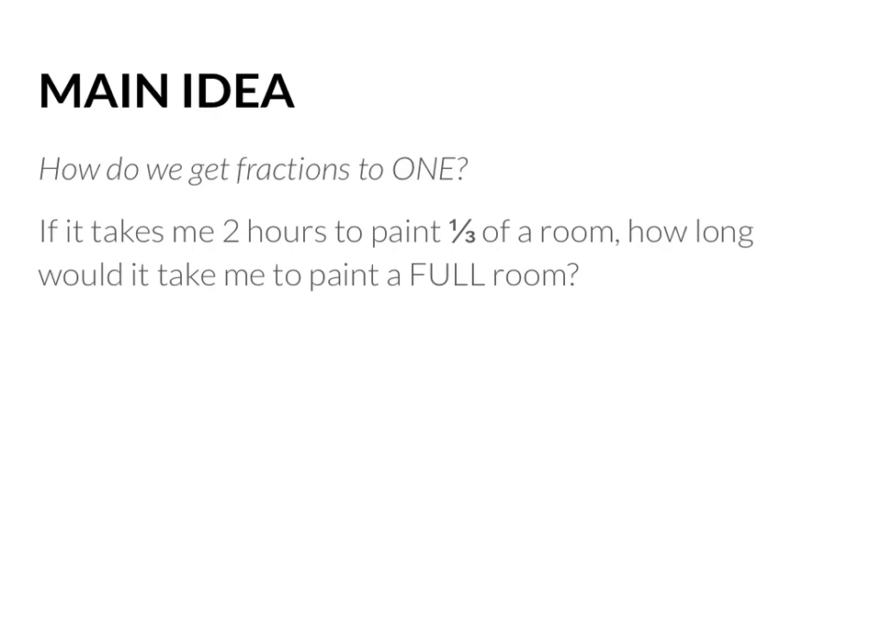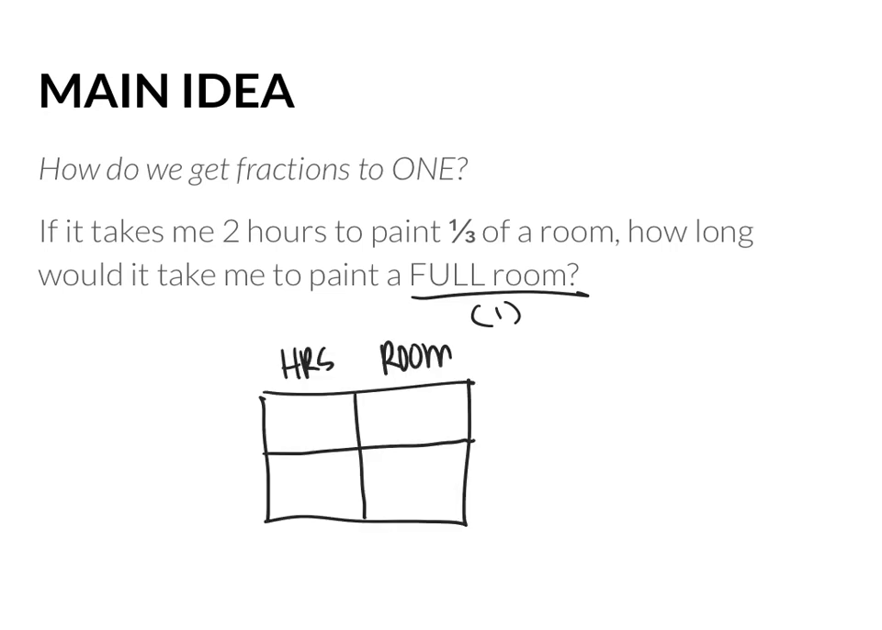So our first main idea, how do we get fractions to 1? If it takes me 2 hours to paint a third of a room, how long is it going to take me to paint a full room or one room? I always like using a table to help me set up this ratio. So it took 2 hours to paint a third of a room, and I need to get that room to